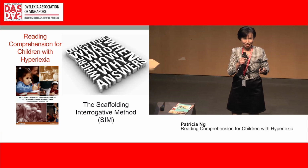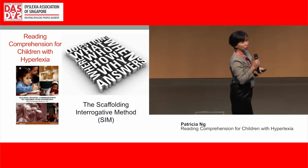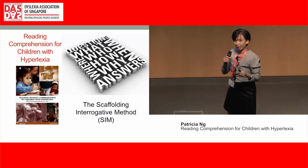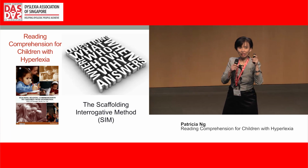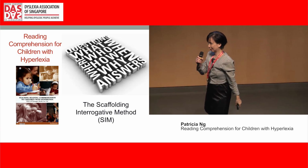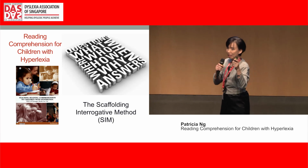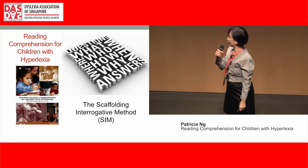I haven't done any before on adults with hyperlexia. There are cases where those with brain damage, for example, in a paper by Suzuki et al., they mentioned ambient echolalia and hyperlexia in a patient who woke up with cerebral infarction. So I think maybe this kind of scaffolding method can be effective even for those with acquired hyperlexia. But anyway,